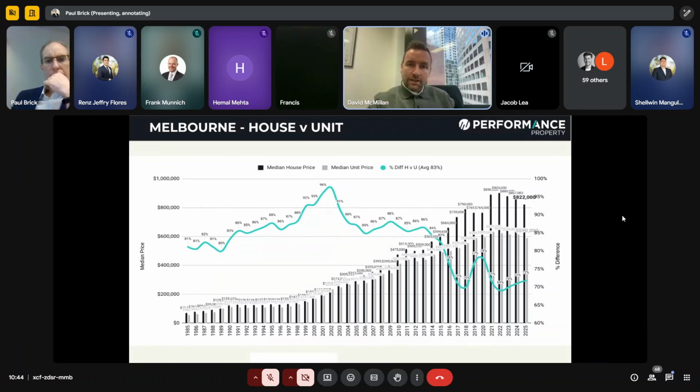this is just another interpretation of looking at where the Melbourne median house price is, 822 against a 2018 high of 790. And we're looking at the relationship here between Melbourne units and Melbourne houses. Usually Melbourne units are 83% of the average house, and now they're down at 72. So units are looking good. Houses are starting to look pretty good. If you go to the next slide,